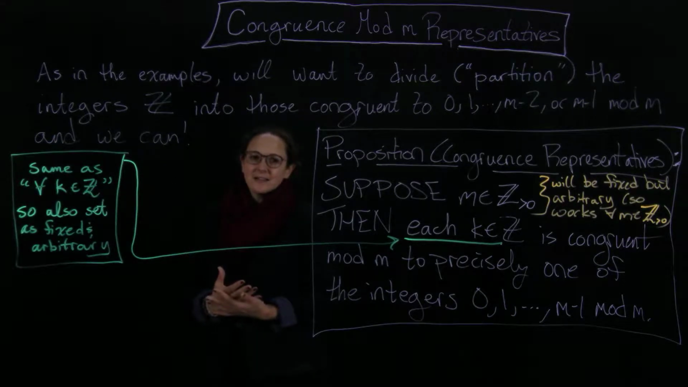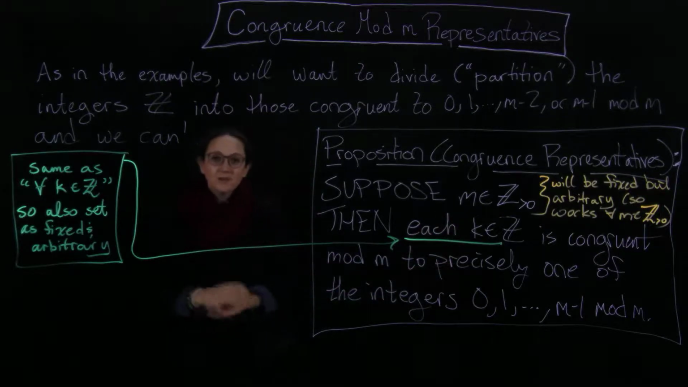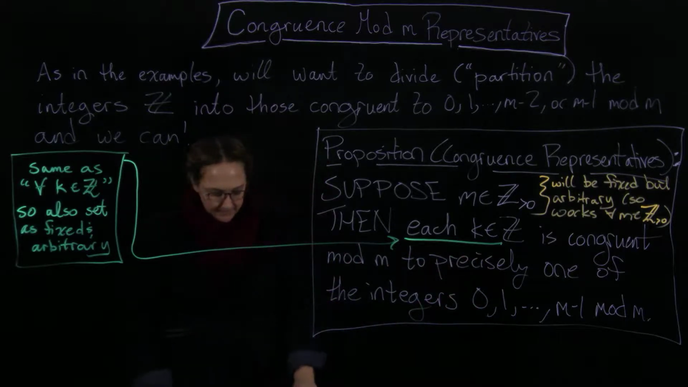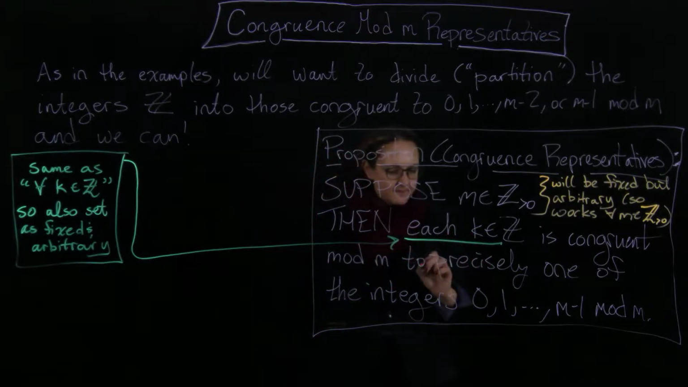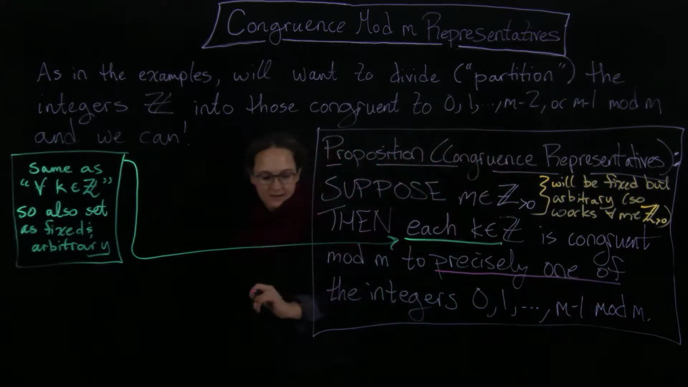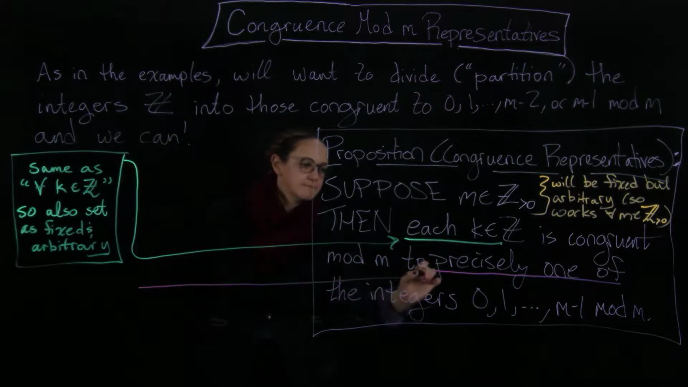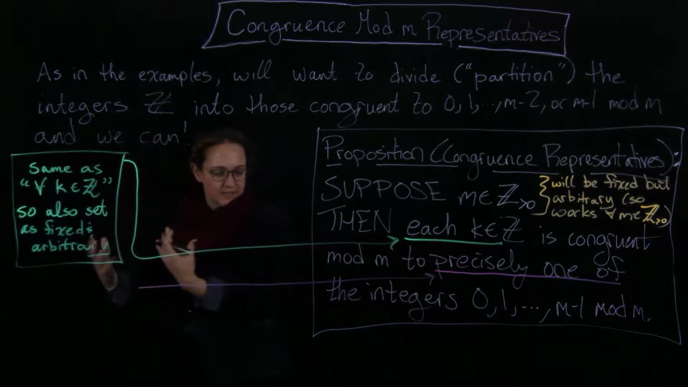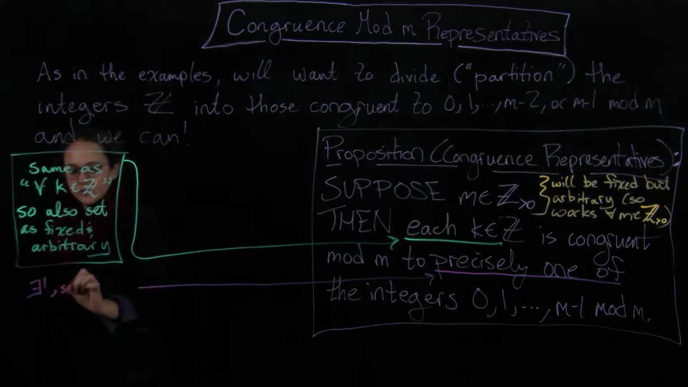Once those are fixed, then the rest of the statement follows: you're going to be able to take that integer and stick it into one of these bins, okay? So here's the next part: precisely one of. How do we think of precisely one of? This part tells me that there exists a unique integer. So to prove it,